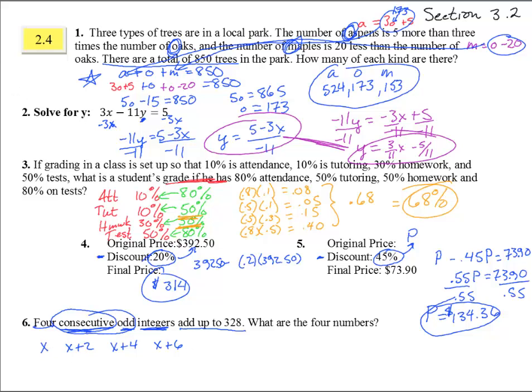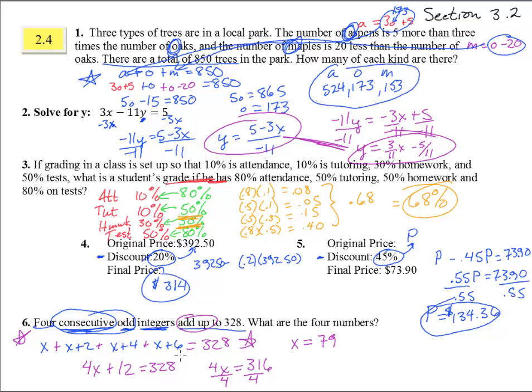And it says that these all add up to 328. So put plus signs in between them, and there we have 328. So there's our happy mathland equation that we're finally to. We've interpreted it, and now we're going to write out what the 4 numbers are. Well, we've got to solve it first. 1, 2, 3, 4x, plus 2 and 4 is 6, and 6 is 12, equals 328. Subtract 12 from both sides, we get 4x equals 316. Divide by 4, and we get x equals